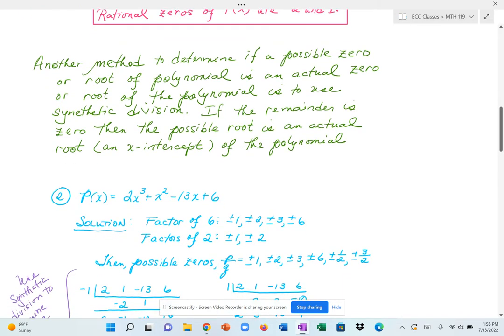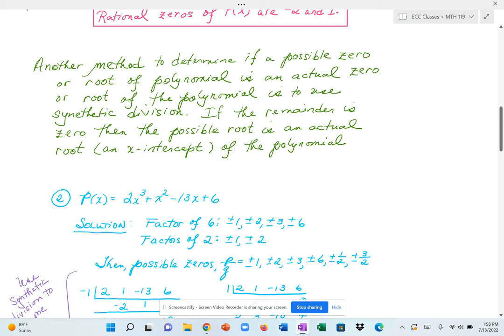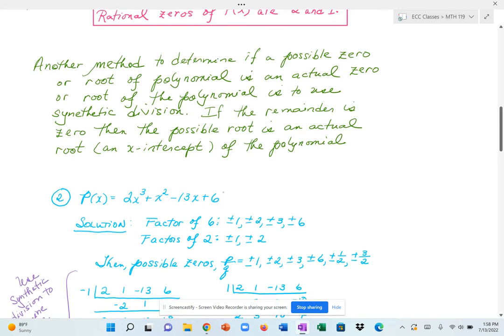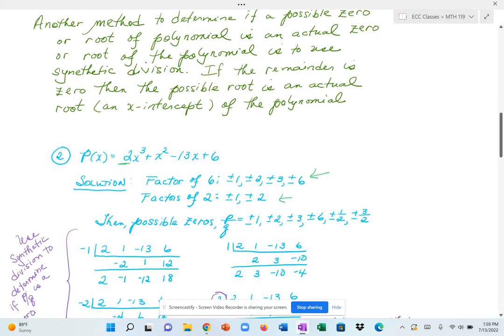I have 2x to the third plus x squared minus 13x plus 6. So the factors of my constant are going to be plus or minus 1, plus or minus 2, plus or minus 3, and plus or minus 6. The factors of the leading coefficient are plus or minus 1 and plus or minus 2. So my potential